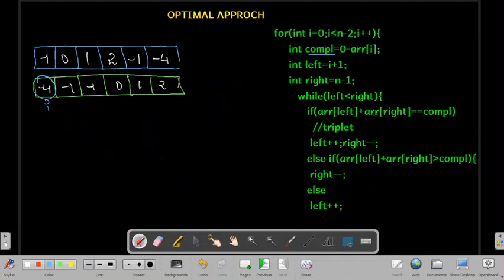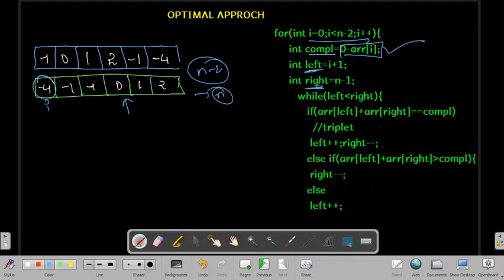So let's see the algorithm. First we will loop till here, that is n minus 2. If our size is n, then we go till n minus 2, and first of all we create one complement, that is 0 minus array of i, that is 4, and we will use two variables, left and right.